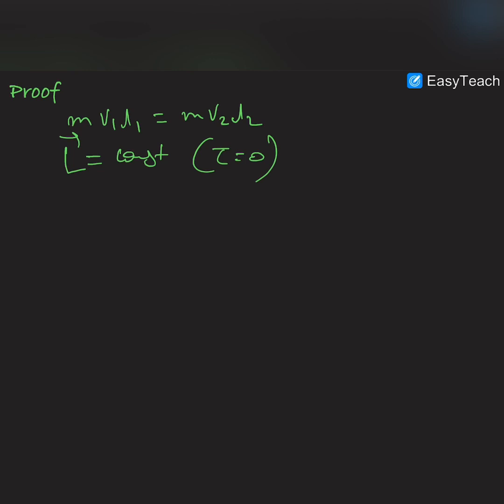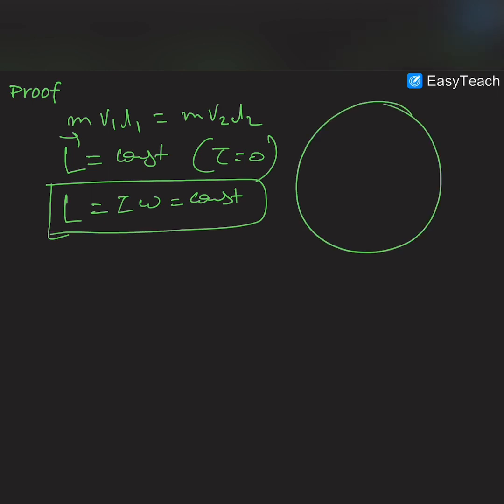So we know that L is equal to I omega, and obviously in the elliptical orbit I and omega would be variable, but their product will be constant everywhere because net torque is 0. This is constant because net torque is 0. So what we can say is that we know that if a position vector is rotating like that, then the area